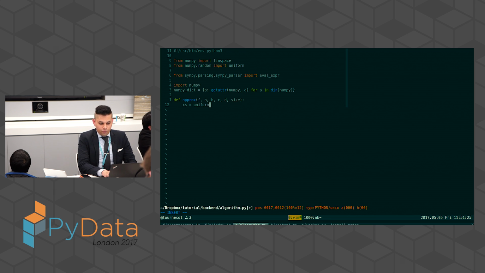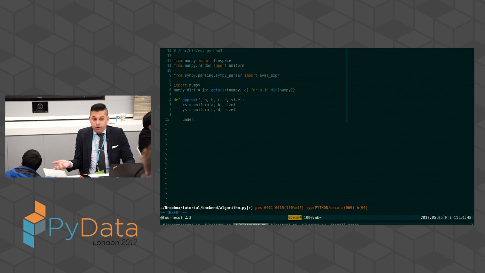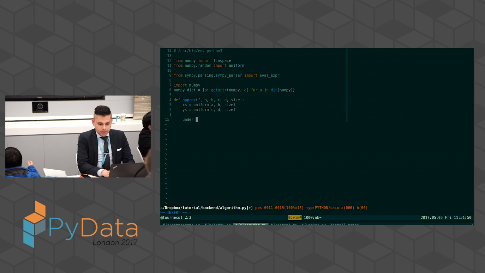We'll generate random numbers on the interval from A to B uniformly, of the size that was specified. We'll generate y variables from C to D of the size that was specified. And then we'll just compute how many are underneath the curve, because we're trying to integrate under the curve. And so all that requires is that we say the ys values that are underneath eval of the expression f